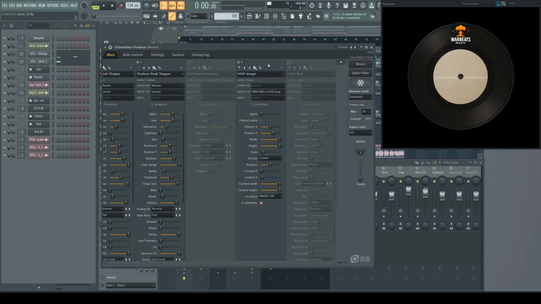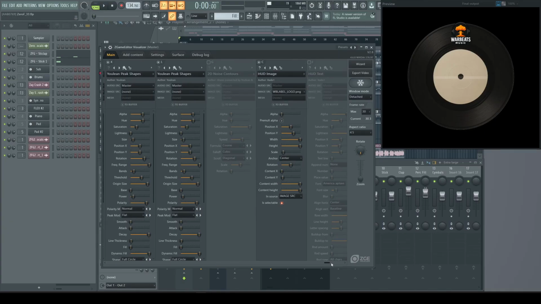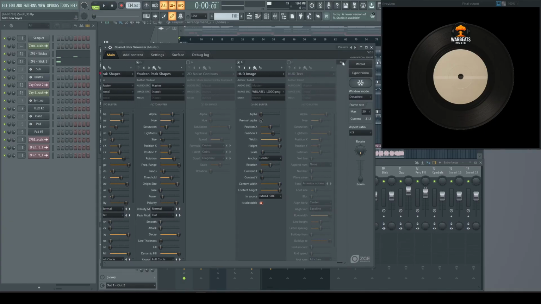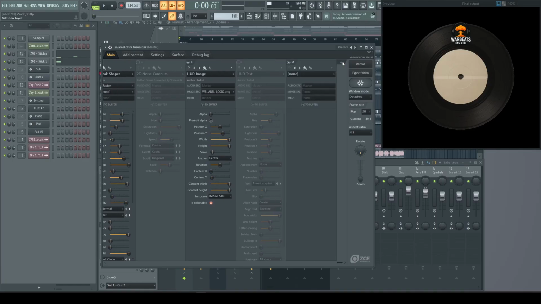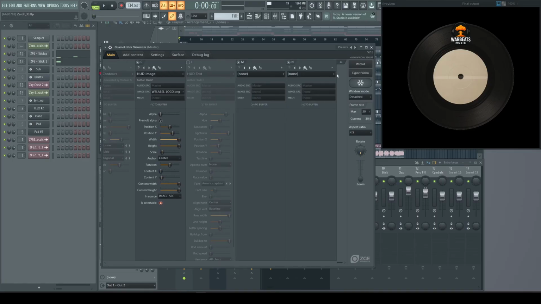Not sure what these layers, I guess they're called, two new layers to the very right of everything. This will ensure that they are on top of everything else in your visualizer. So if you scroll over, you'll see a plus button here. We'll add 1, 2,